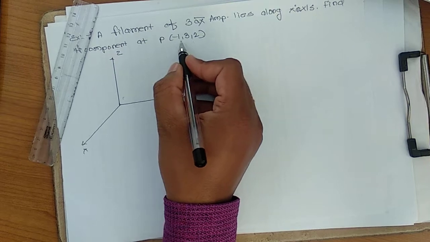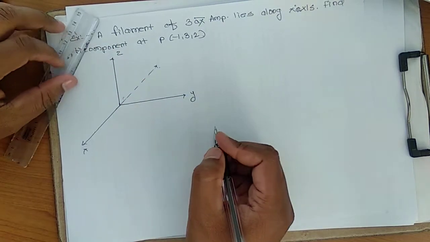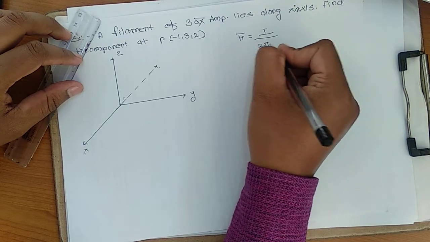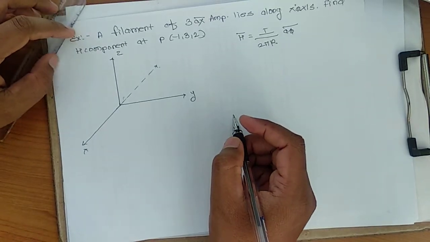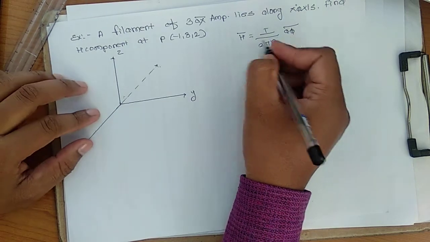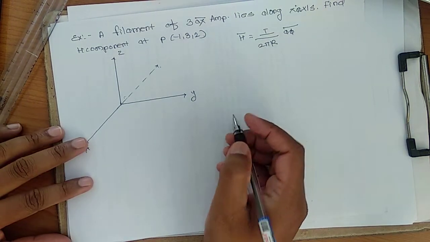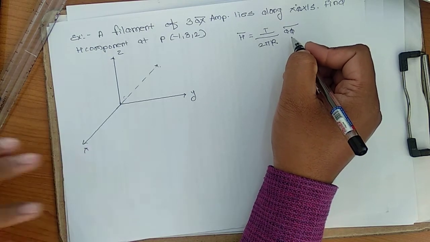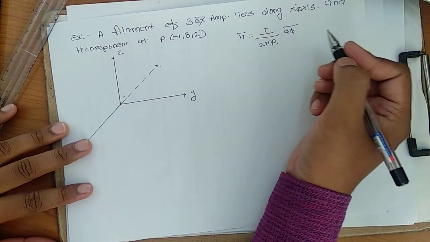Now these points we have to plot very carefully, because on the basis of that we have to find out a phi bar. Here the problem is that h bar is equal to I divided by 2 pi r a phi bar. It looks very simple, and this r is very easy to calculate. But what about the a phi bar? Until now we have calculated only ar bar, not a phi bar. So how to calculate a phi bar?